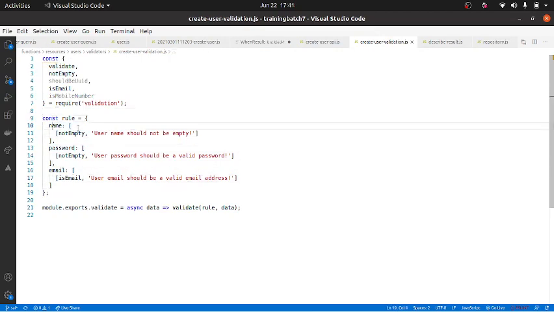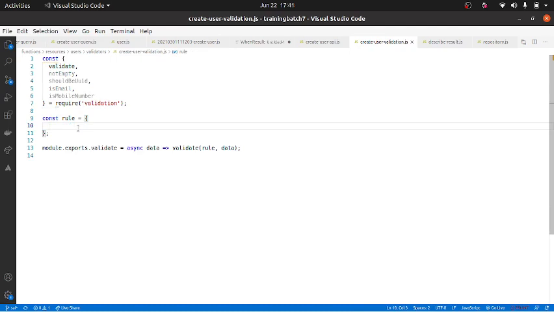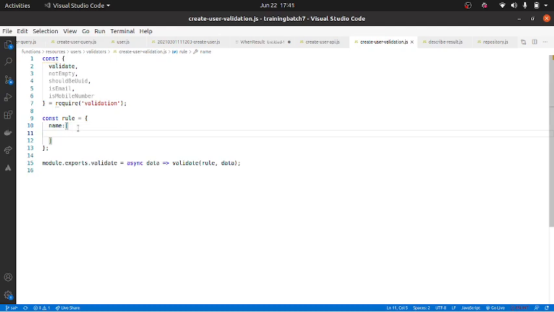So you have name, and we are telling that name needs to have a validation. We'll create an array, and within the array you can create multiple subarrays. Here you can tell what kind of validation you want for name. Not empty is a validation. If it is empty, what is the message? Name is mandatory.